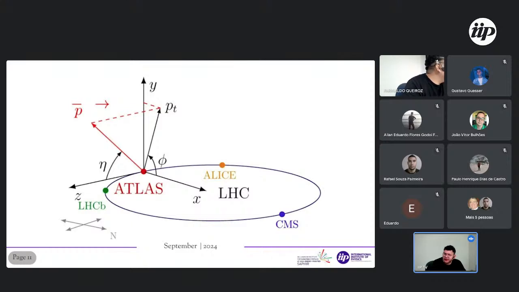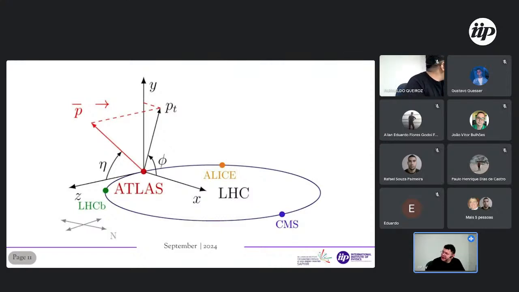in the direction of the z-axis, and the x-axis points to the center of the circle, and y points in the normal direction, right? So the collisions occur in the direction of the z-axis. This is important. These are the collider coordinates. Important to maintain that. For example,